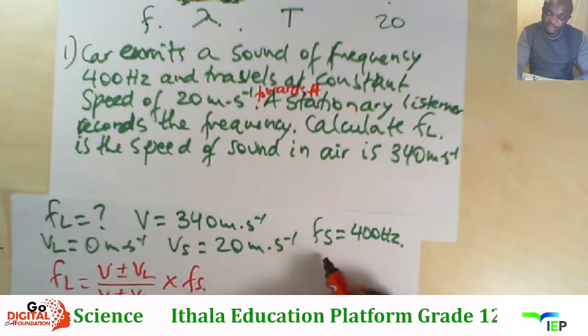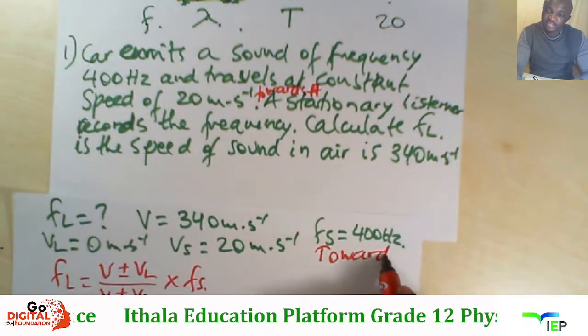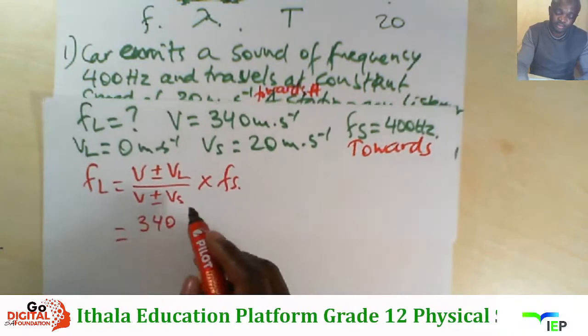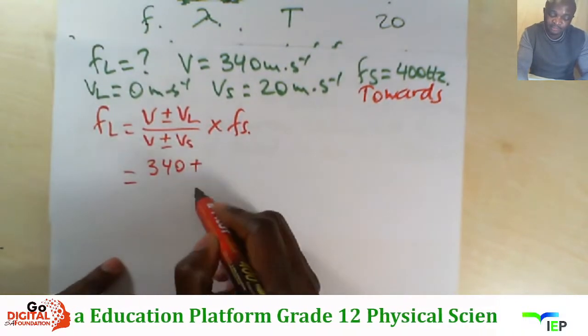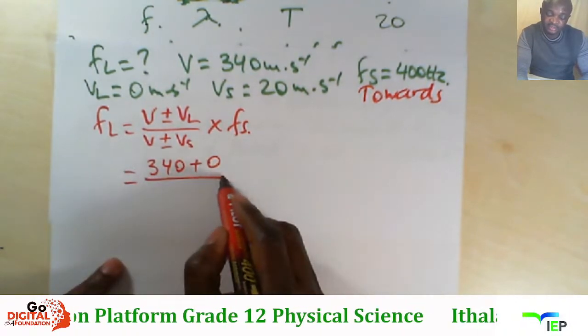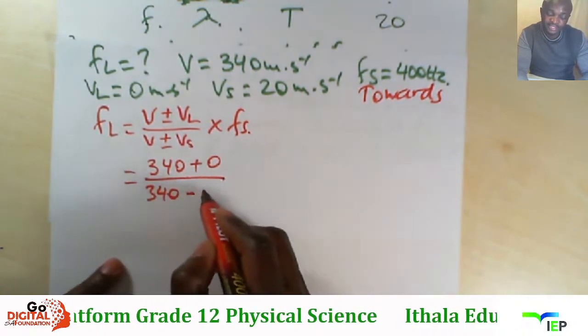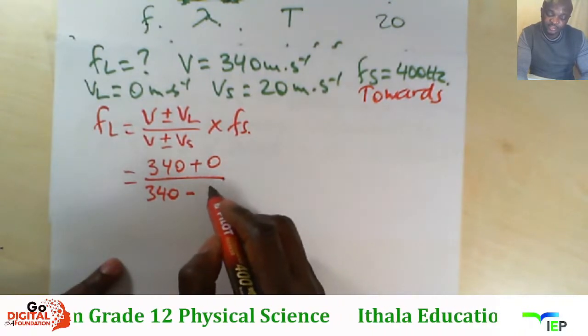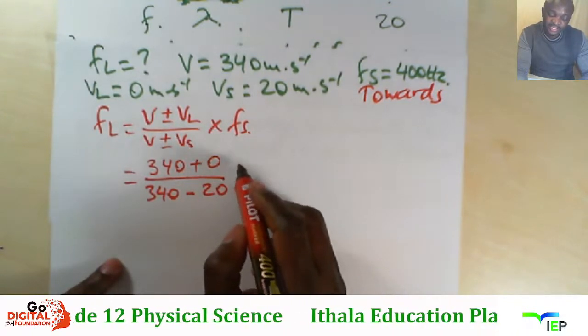Right, now when it is toward, when you do the substitution, remember that we take toward as positive, then the listener is stationary 0, then it's 340 minus the car is moving at a speed of 20, then